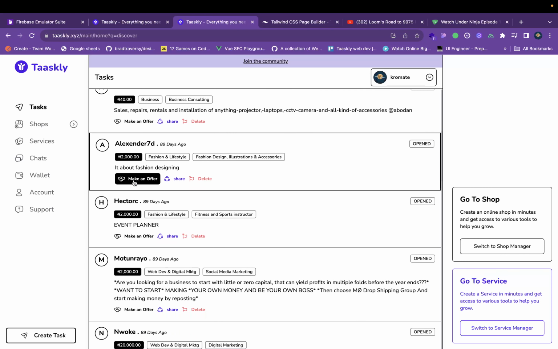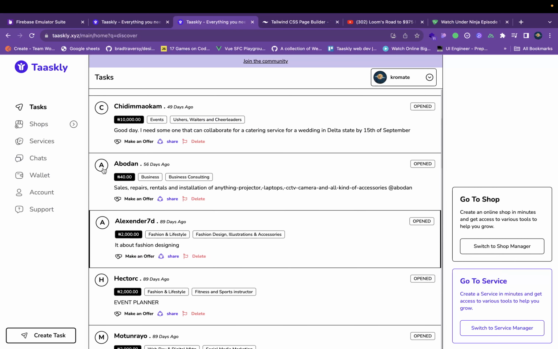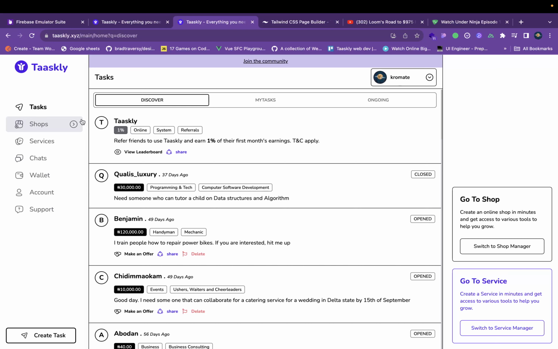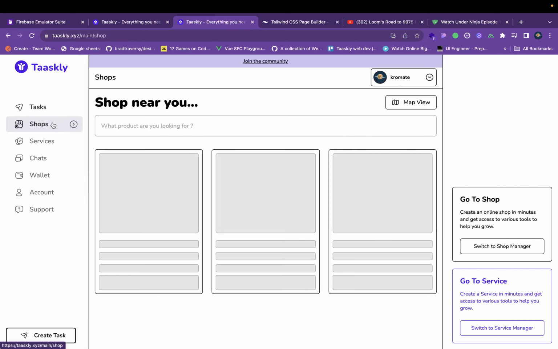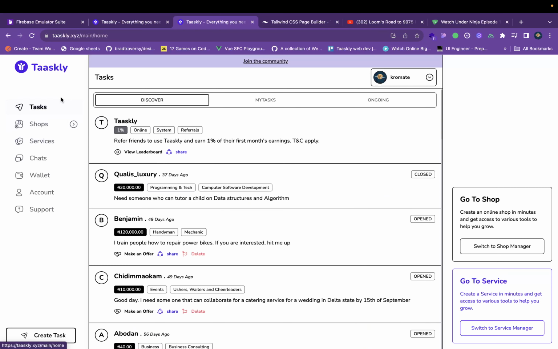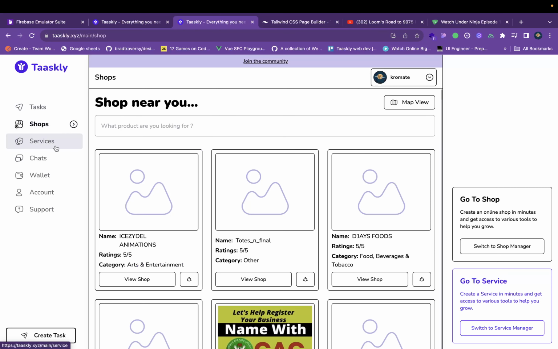And we asked them what was happening, and we discovered a lot of businesses needed visibility, especially single business owners who are just starting out. They needed more visibility, they did not have much money. So we said, all right, we'll get you more visibility, right? They wanted to make more sales. So we created shops and services, because we divided the people posting on Taaskly into shops and services. And we told them, instead of listing your services here, why don't you just come to shops and services and